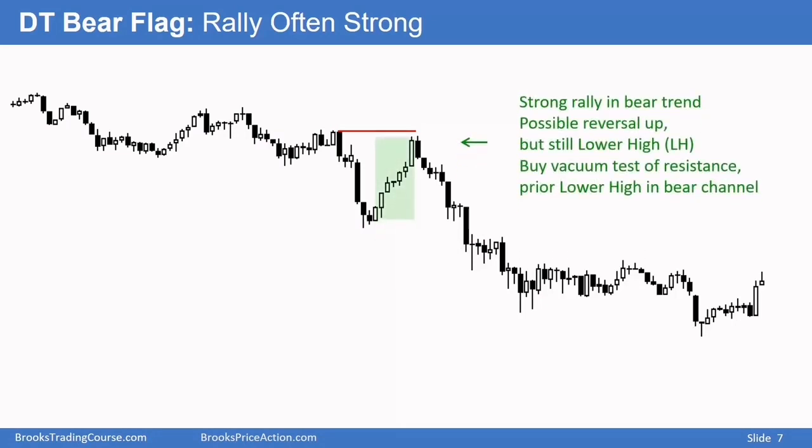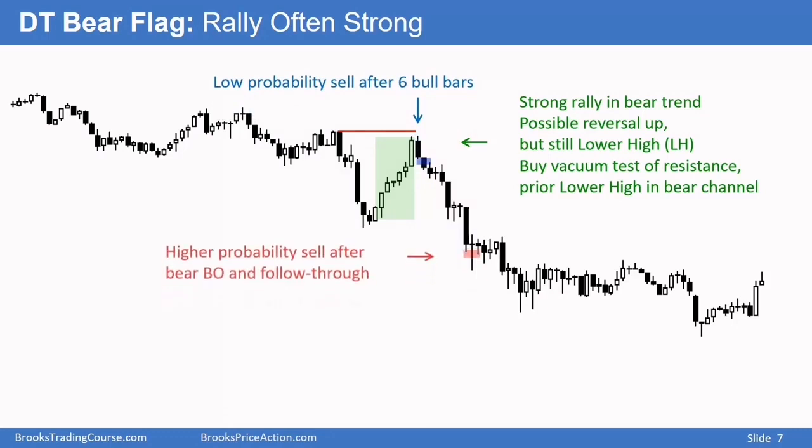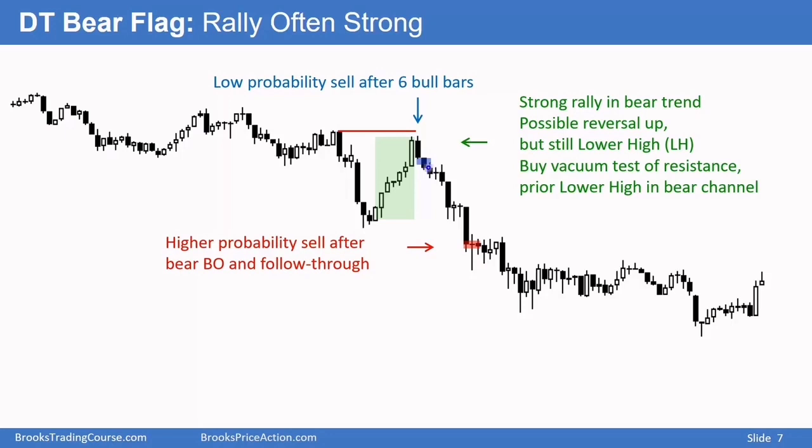So a very strong reversal up, 6 or 7 bull bars, most closing on their highs, but does not get above the prior lower high. So we're still in a broad bear channel. Bears will look to sell this. You can call it a double top bear flag, a low 2 bear flag. You can sell below that bear bar, not yet high probability, but the risk is small because you're selling here,